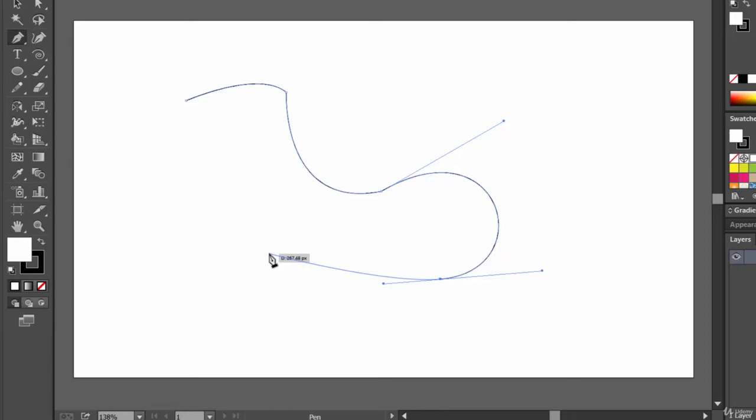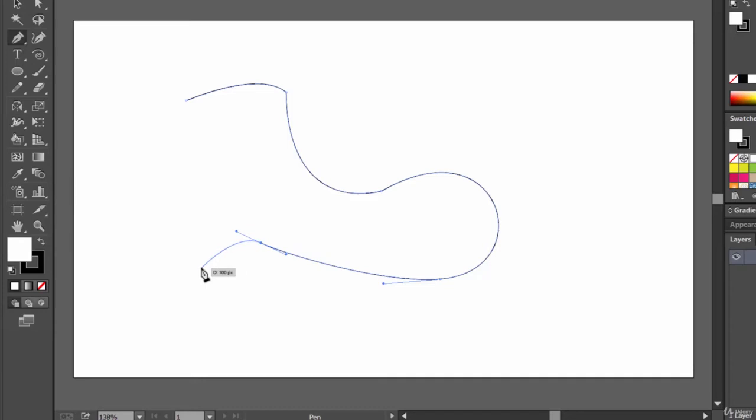One, the space bar. For which purpose is it useful? Say for example, I want to place another anchor point here. I want to place this anchor point here, but by mistake I have clicked here. What I will do, I will hold the space bar, and this case is considered only if you haven't left your mouse. I mean, you still hold your mouse. See, just like this. Okay, so this is tip 1.